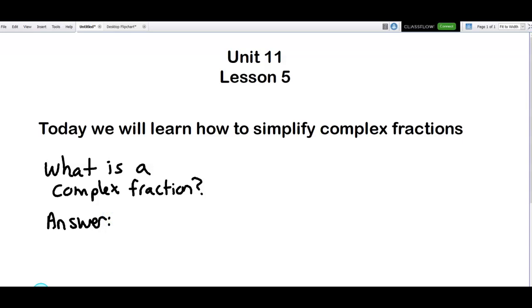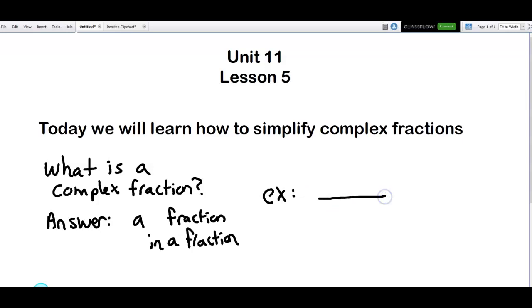A complex fraction is a fraction in a fraction. So as an example, if I gave you guys something like that, that would be an example of a complex fraction because you have